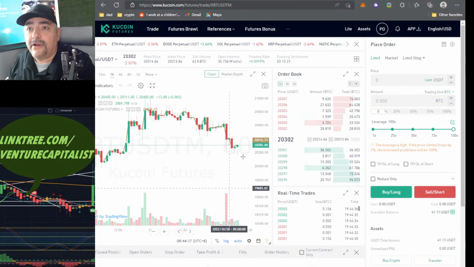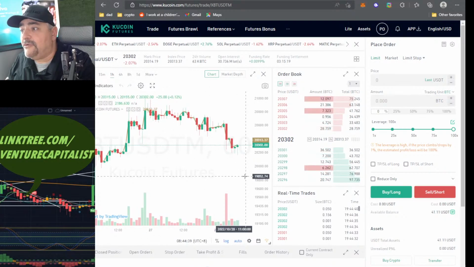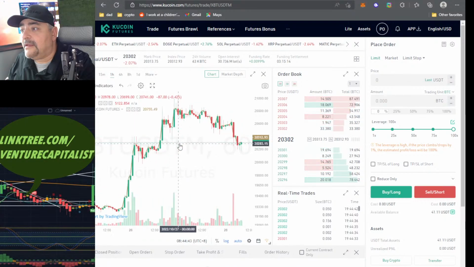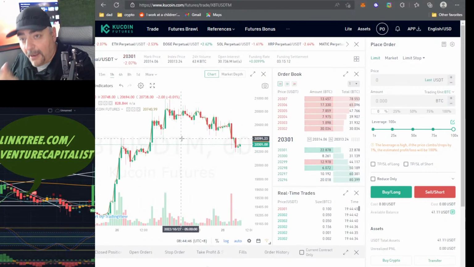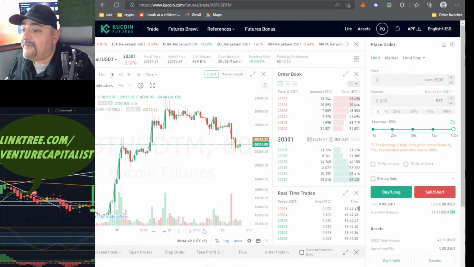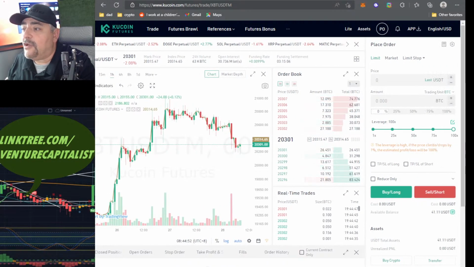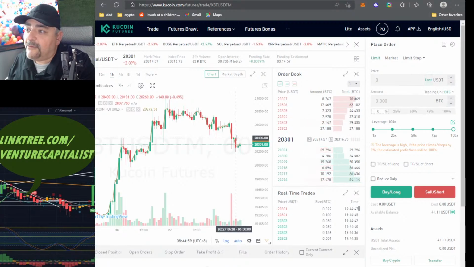And there'll be more information on using your futures account. But right here, let's see what we have set up here. So once you find a coin that you want to trade and move along with, this is where you would basically get into your thing. So here we see the 41 bucks is in here. Now let's say we're going to do a Bitcoin